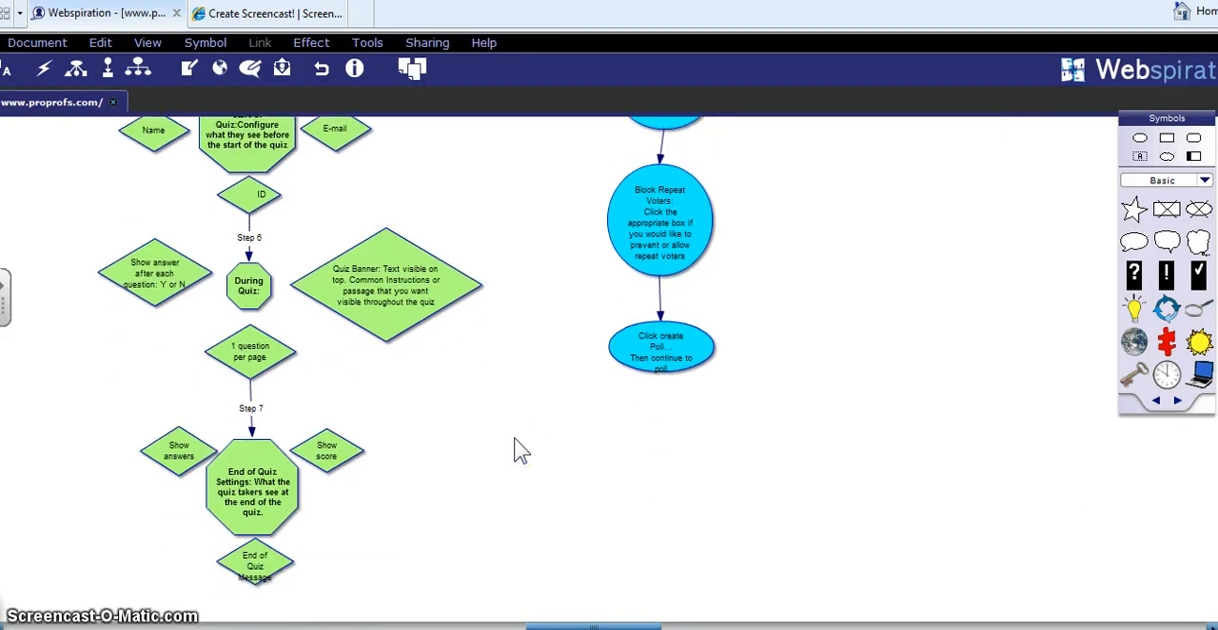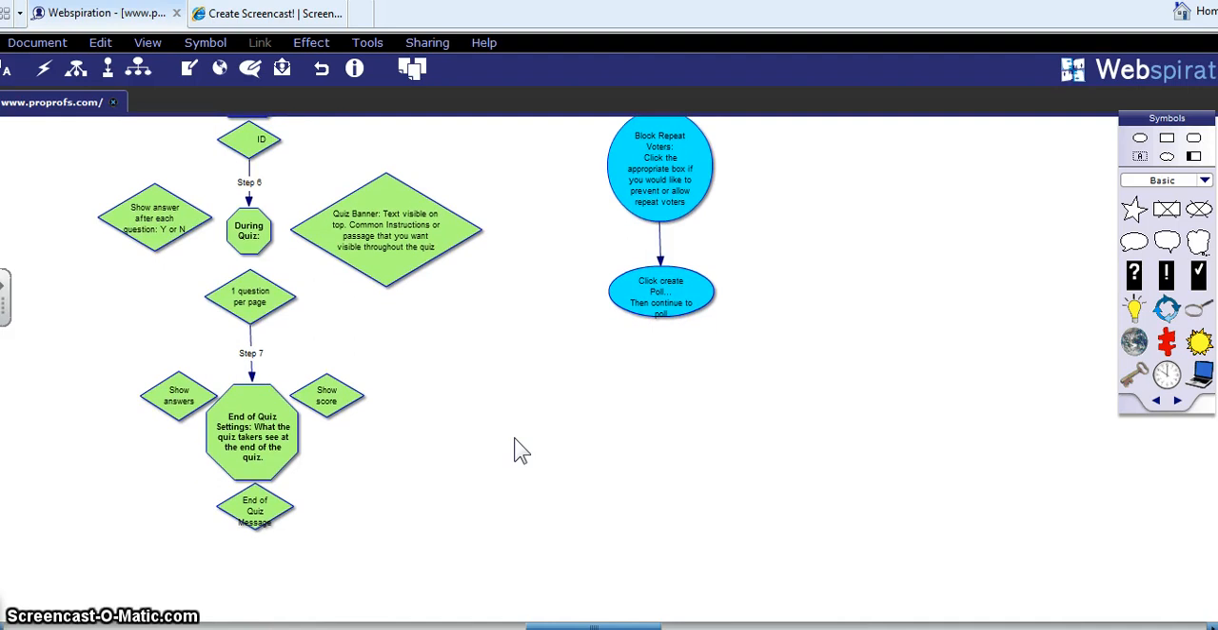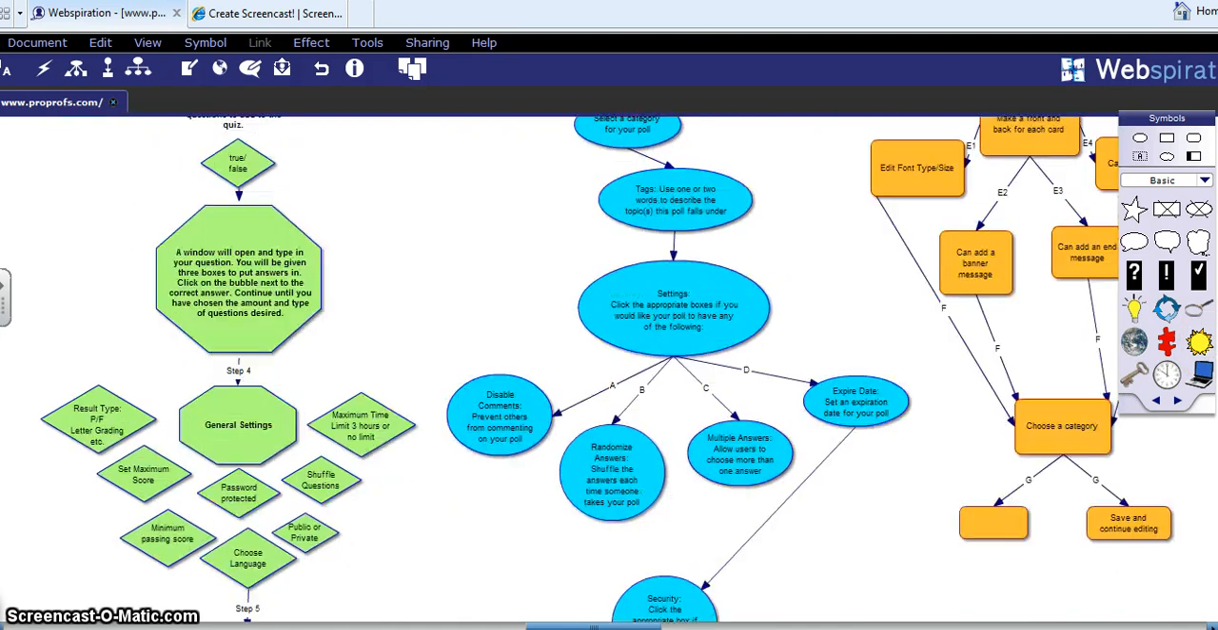Once the quiz takers are done with the test or the quiz, you have the options to show answers, show their score, or an end of the quiz message, such as, thank you for taking my quiz, please give me some feedback on the quiz. So that is how to create a quiz in